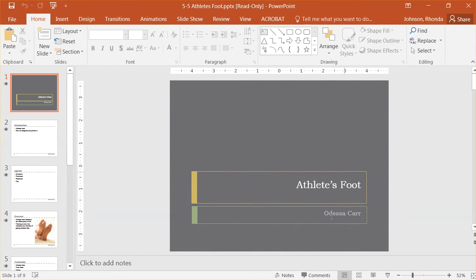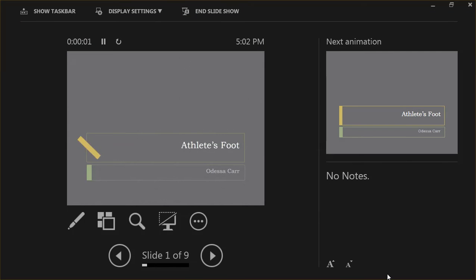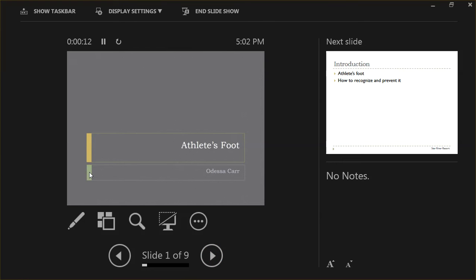This is more or less what your finished product is going to look like. When I put it on display, you're going to be able to see the animations. The screen's going to go dark. I have two screens that I'm looking at, so when you use two screens, there's a little bit of a different display, but you'll still be able to see what's happening on the slides. You'll notice right away that this top bar spins. I'm going to click and you'll see that the second bar will spin as well. These are animations that you need to